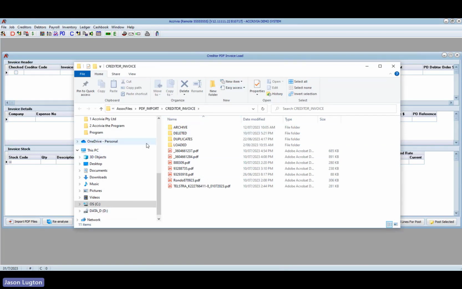So this is part of the filing system that we manage in terms of PDF documents and other things. And these PDF documents and other files need to end up in this folder. We can